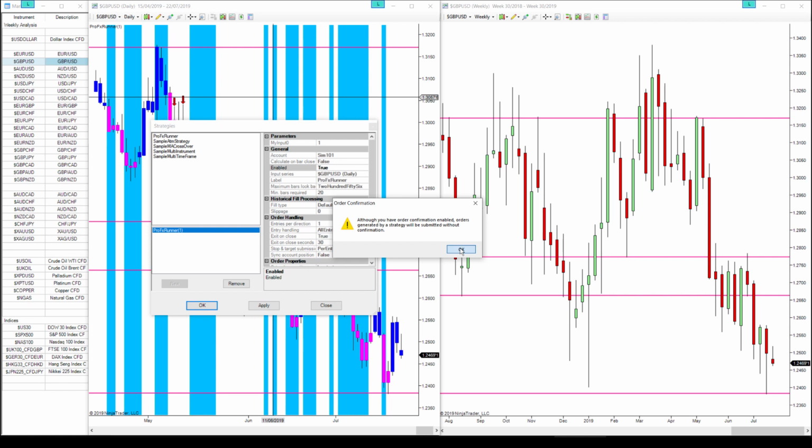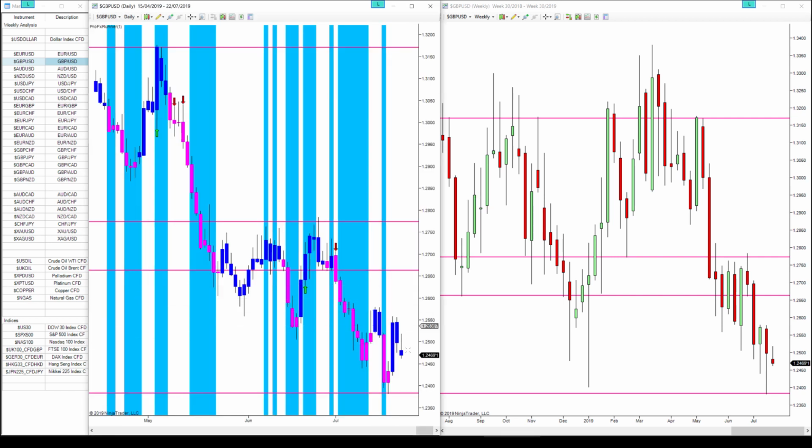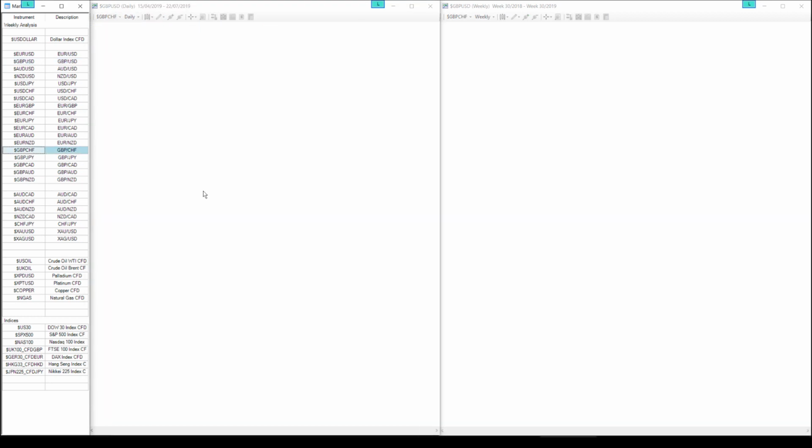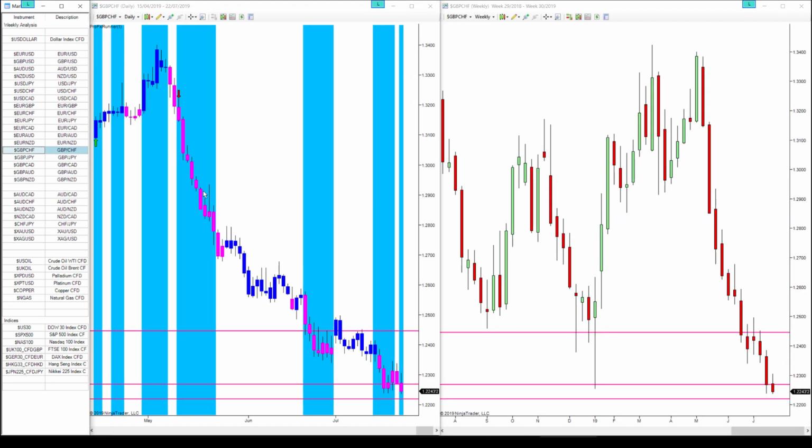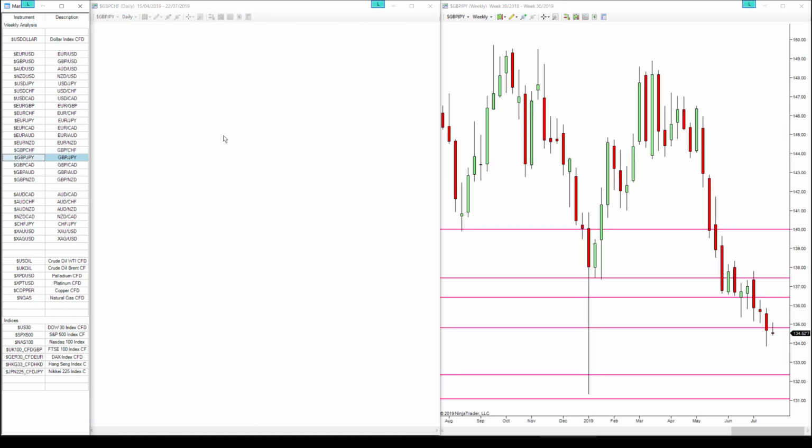So currently we aren't in a blue column at the moment, but you can see actually the most recent signal was a sell signal. That is still technically the trade that we're in. If you took that, if we go across and compare this to pound Swissy and let that data load up, you can see there's also been some very nice sell signal produced back in May. That is still technically open. So this was a beautiful trade if you were part of the program back then.